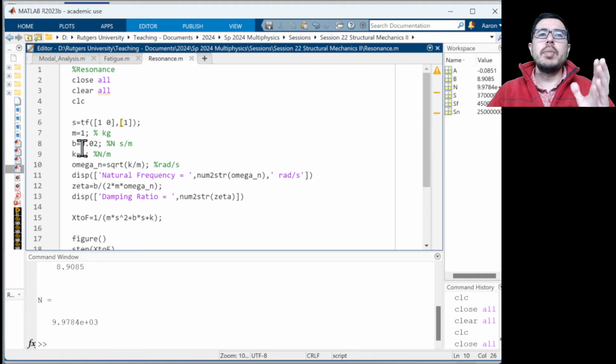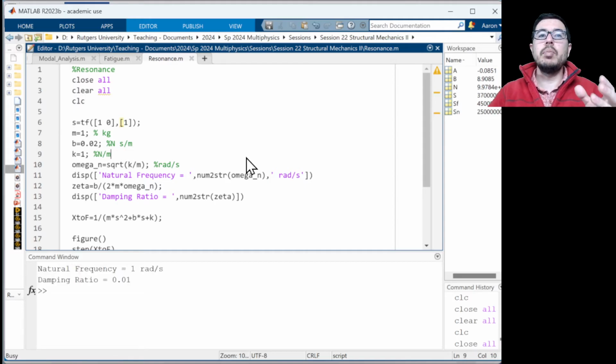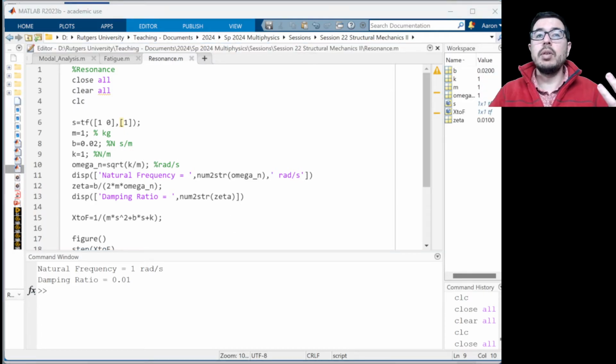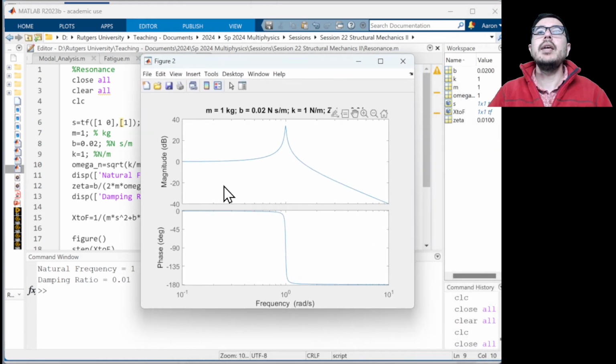And we assign a mass and a damping ratio, or a viscous damping b, and k, the spring constant. We can figure out what the zeta, the damping ratio, is for this particular system. And we can also look at the Bode plot associated with this. So this is looking at the amplitude and the phase as a function of frequency. At low frequencies, we're in phase. At high frequencies, we're going to be 180 degrees out of phase. And at resonance, which for this system is just at 1 radian per second, we have a spike in